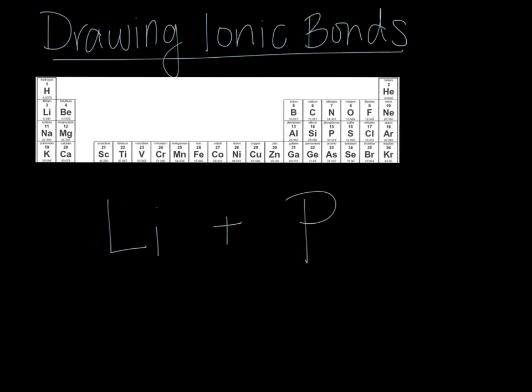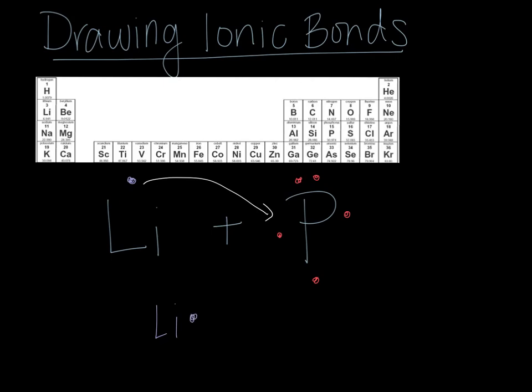Okay, one more example, and then you'll be ready to go. You'll have seen just about everything. So I've got lithium and phosphorus. So lithium, group 1, 1 valence electron. Phosphorus, group 15, 5 valence electrons. So 1 and 5. All right, so we start our transfer. There we go. And I'm already out of electrons, so I need another lithium because I still have some spaces